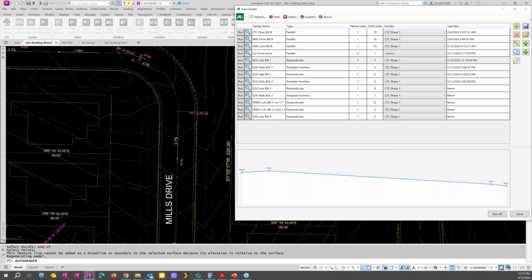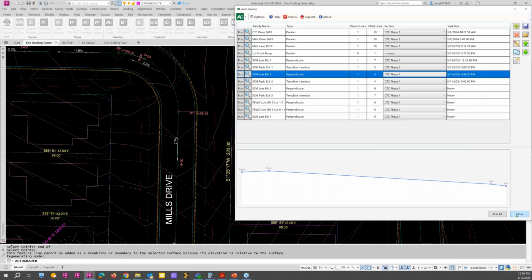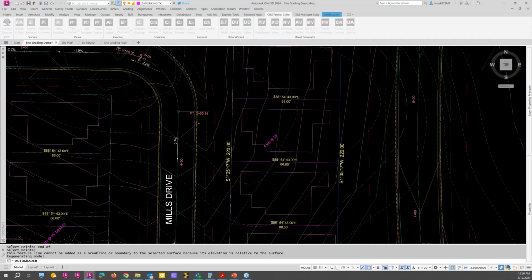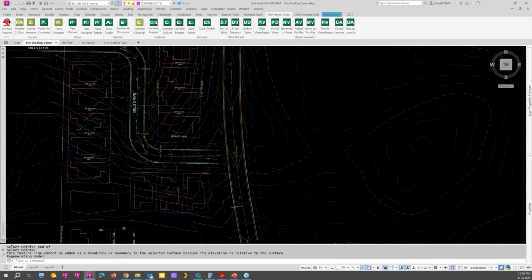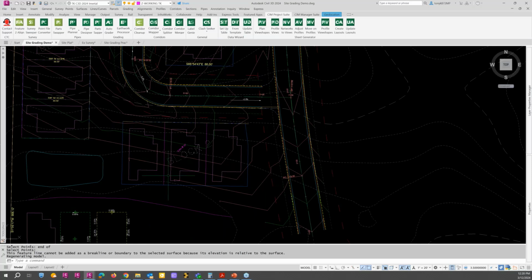save and close, and in the interest of time, I have done them all, I think, except for one. So to do that, all I did was I just copied. So we click here, and then we can say copy right here, and being that it's the same, all I have to do is make a few changes to what I'm selecting for my feature lines. Let me cancel that so I can pan to the block 1 area, or block 2 area, I'm sorry. So now we're going to do this one, and we're going to do it the same way